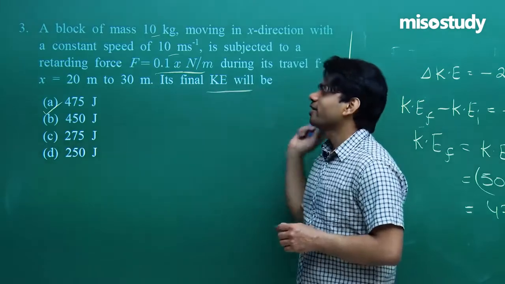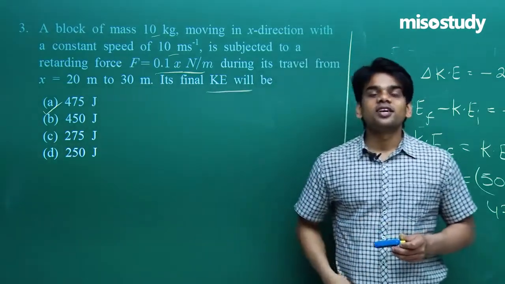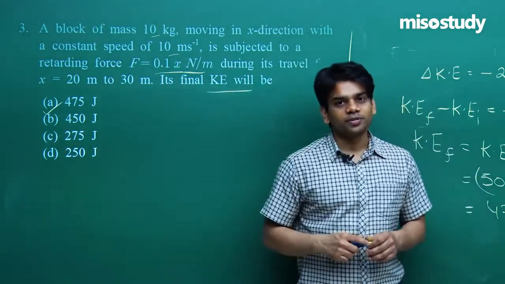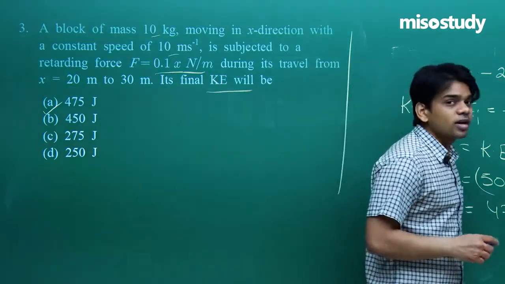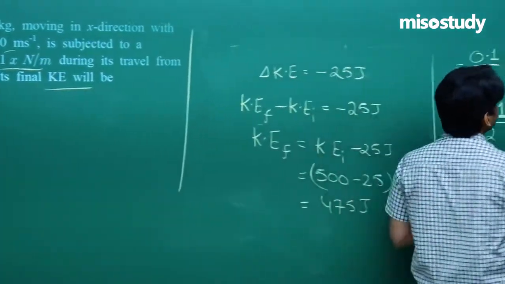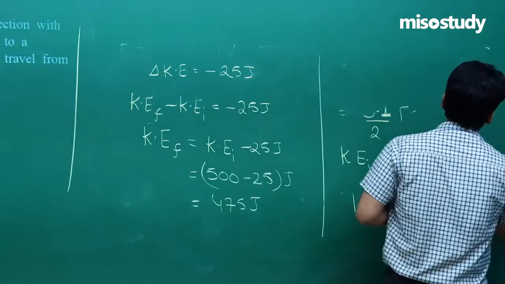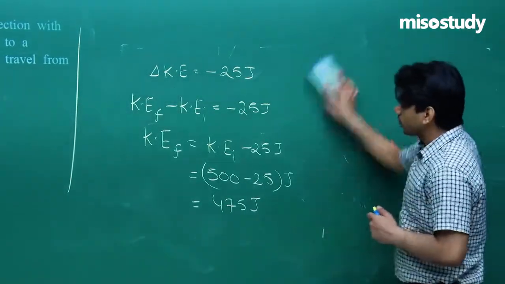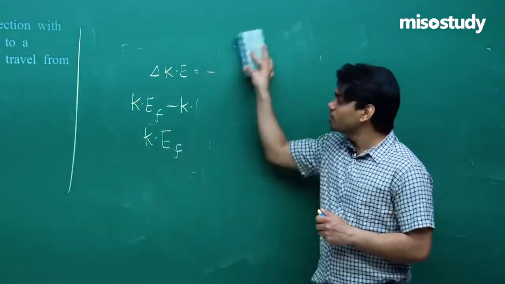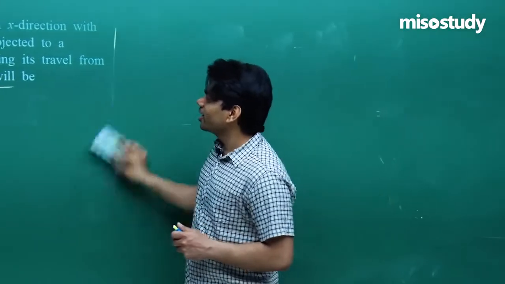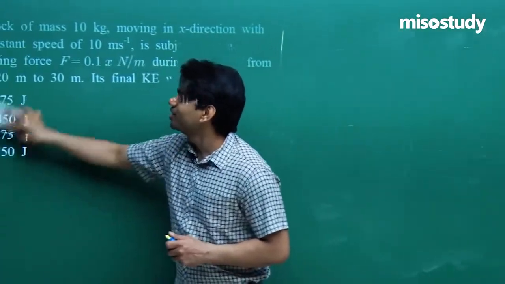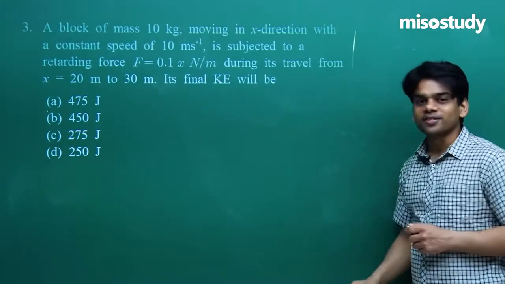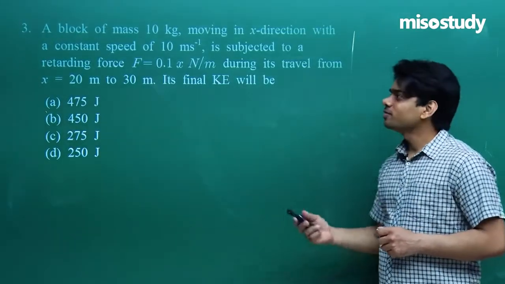This is the value of final kinetic energy, because negative work is done by the force as per the given information. I hope that you have got how to solve such kind of question. And now we'll be proceeding with the next one. I hope that you enjoy the class and you are very well obtaining all the things that we are discussing here. Let's go to the next question of the day.